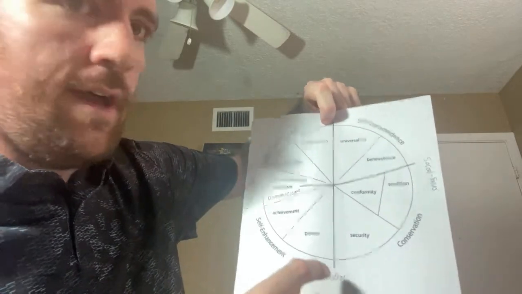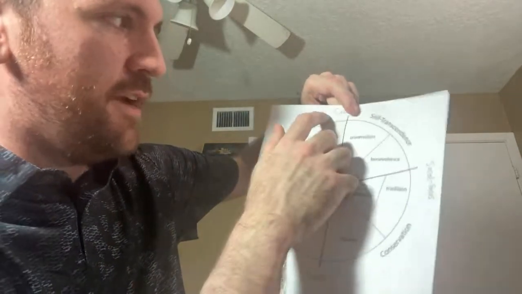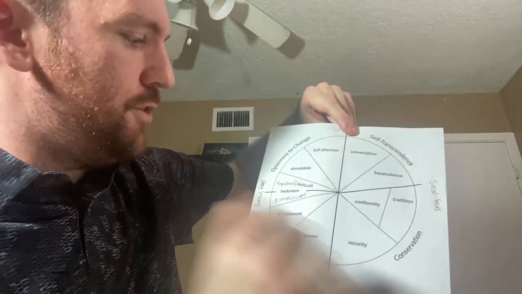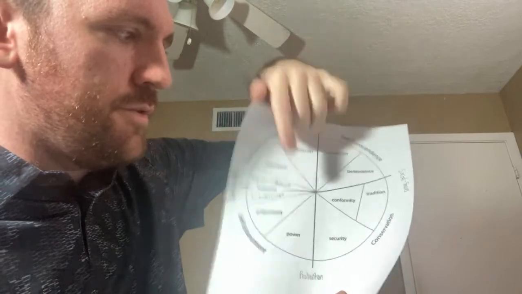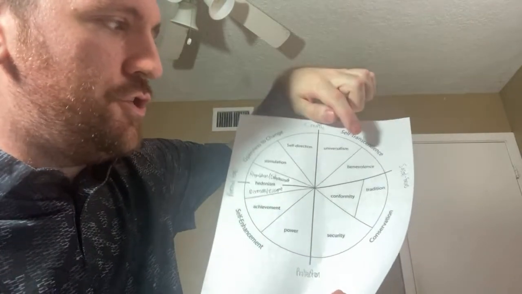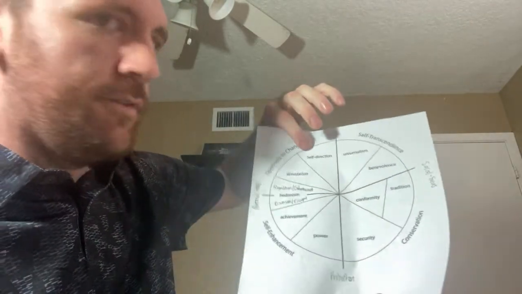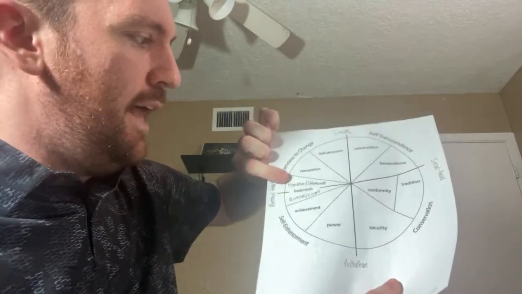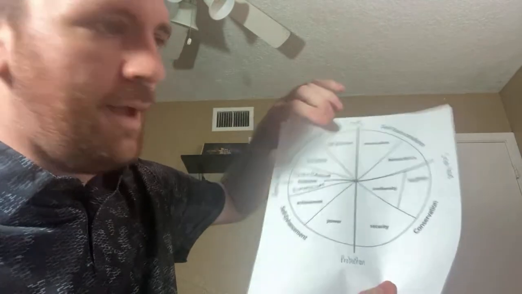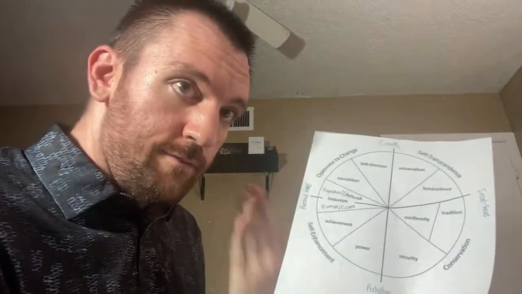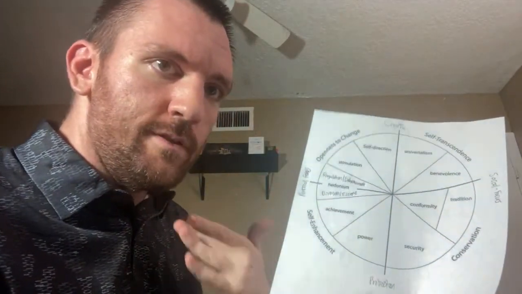At one side you have protection, and the other side you have growth. This one is social focused, this one is personal focused. And the basic values are security, conformity, tradition, benevolence, universalism, self-direction, stimulation, hedonism towards growth, hedonism for protection, achievement, and power. And what the character values can definitely influence their behavior.